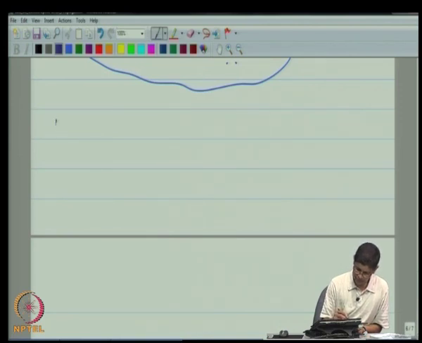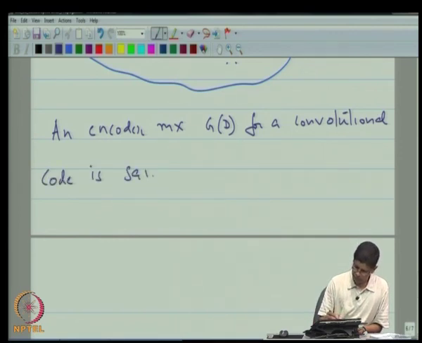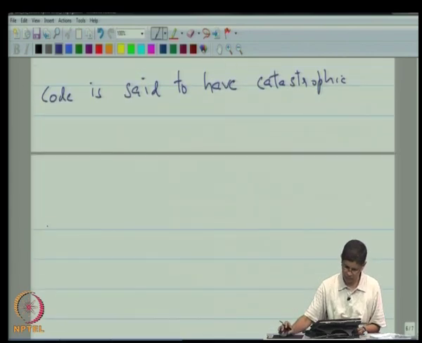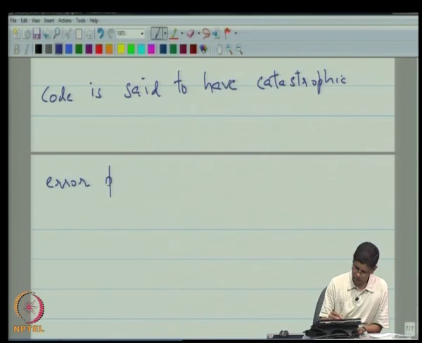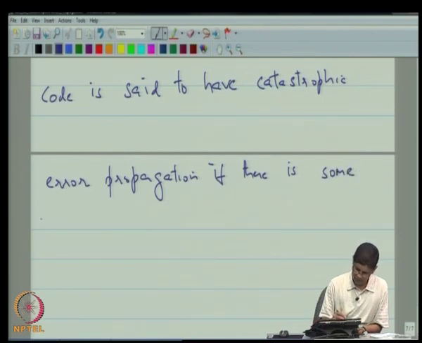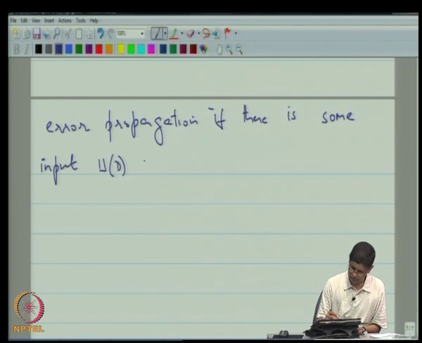An encoder matrix G of D for a convolutional code is said to have catastrophic error propagation if there is some input u of t